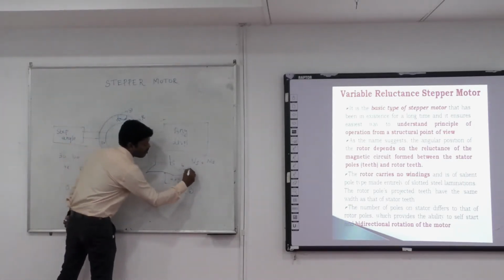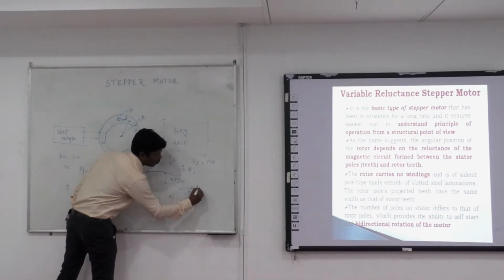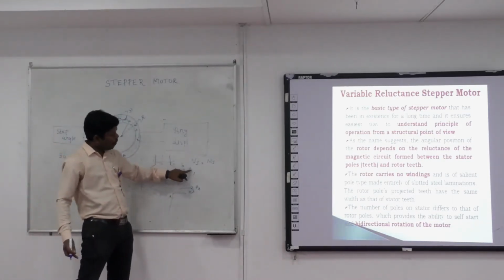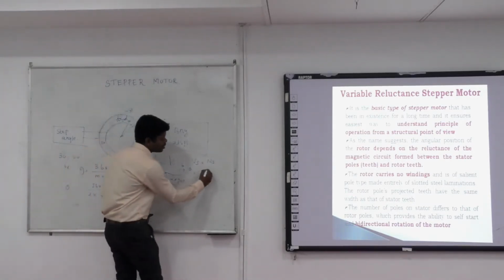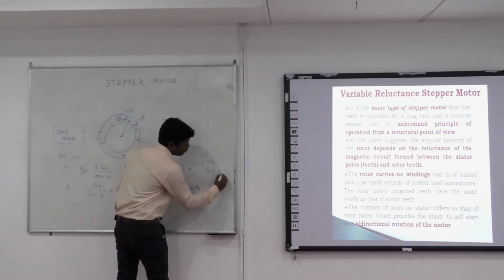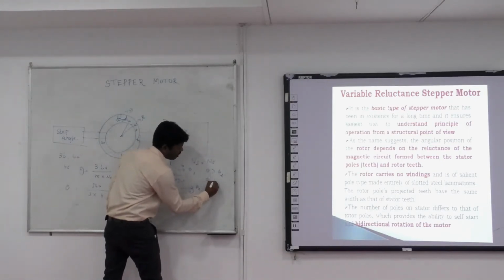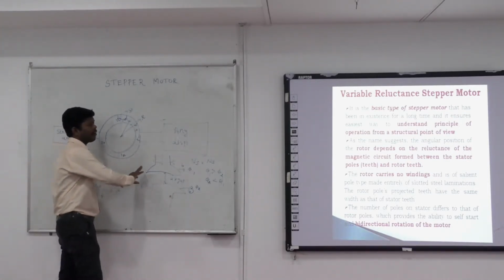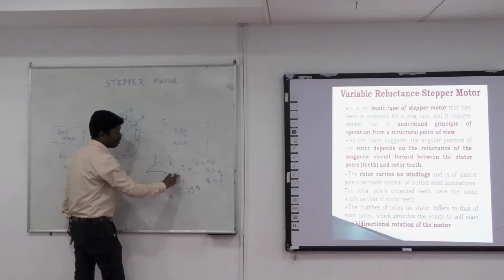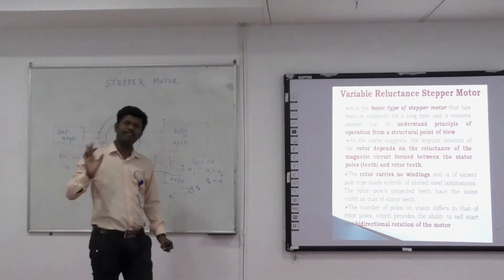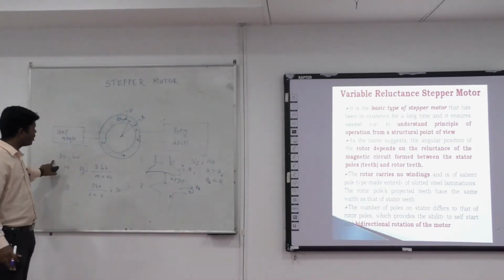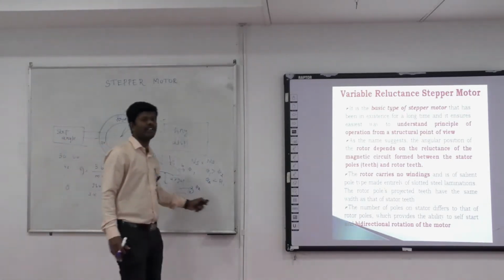The generated flux will be flux phi 1, and next we generate phi 2. Two fluxes are generated for our rotor and stator. Flux 1 opposes flux 2, and phi 1 opposes phi 2. With both operations done, the motor will rotate. That is called the in-between position, where reluctance is generated. This gives some force and the rotor moves by an angle, for example 30 degrees. Based on the angle only, our stepper motor runs.